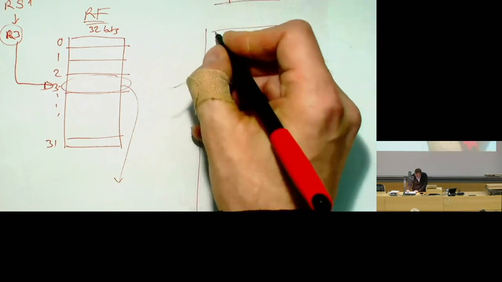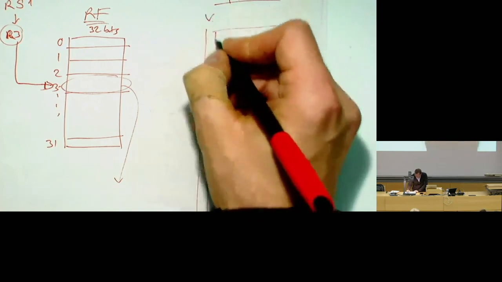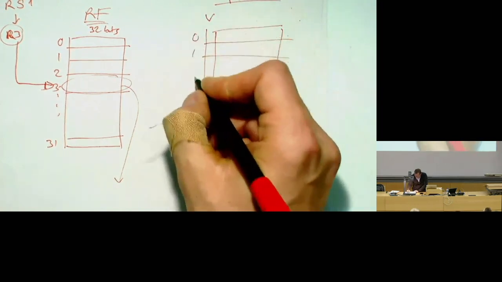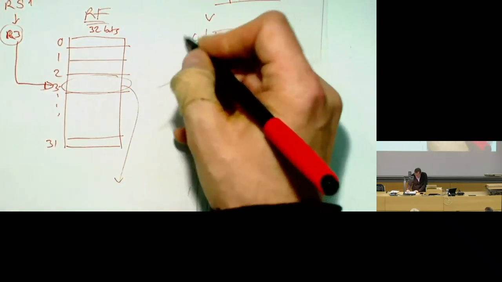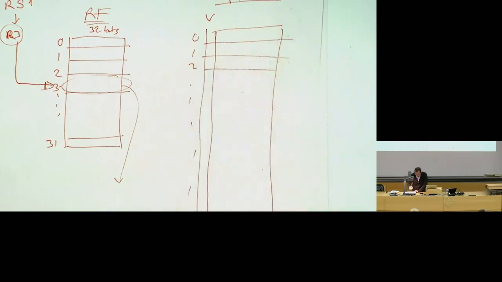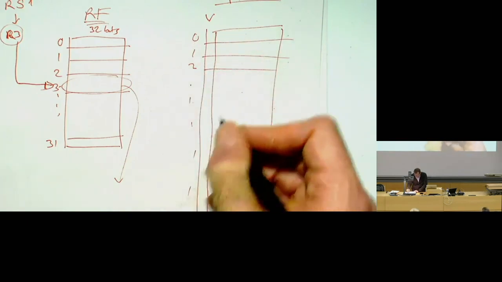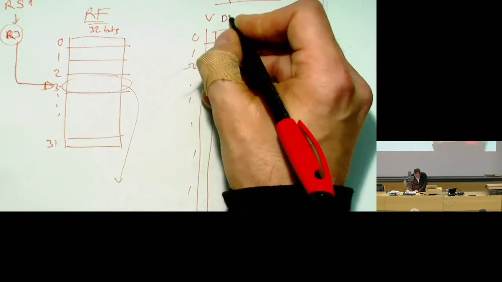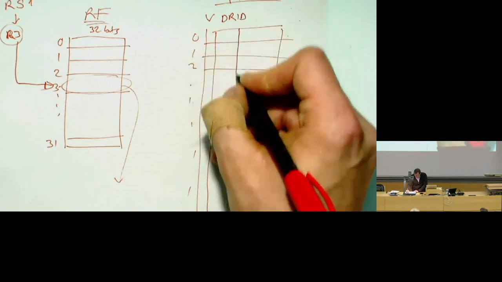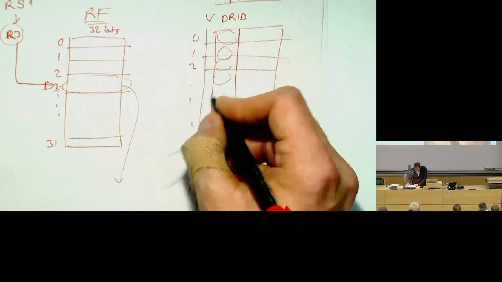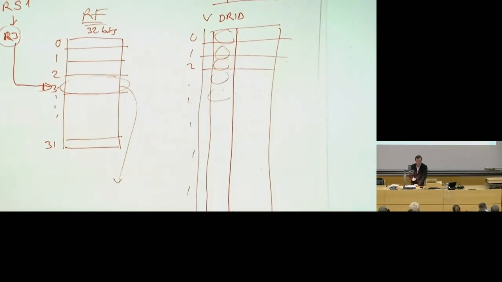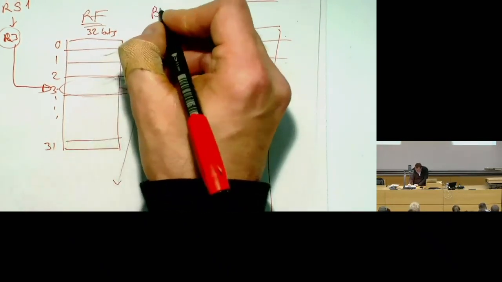Reorder buffer. Remember, each entry had a valid bit. This is entry 0, entry 1, entry 2, and so on. This is not the register ID. This is the ordering of the instructions. And remember, we have the destination register ID, assuming an instruction is writing to the register. It's stored in all of these locations for each instruction. So what you need to do if you want to ask for register 3 over here is